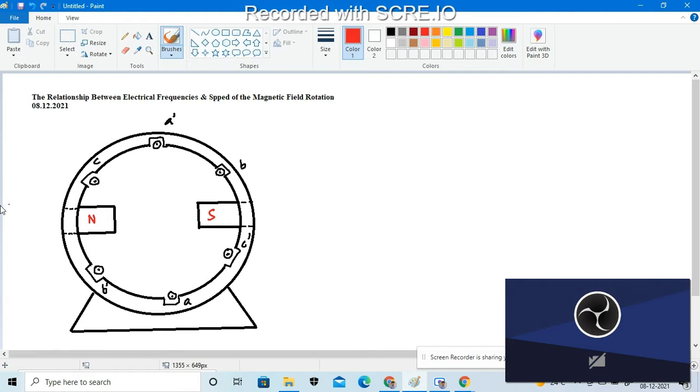If we are considering this segment as my stator, right? So if we represent the rotating magnetic field in the stator, it can be represented as a north pole and a south pole. The north pole means where the flux will leave the stator, so this will be leaving from the stator segment. Okay, and we are also considering the south pole over here. South pole means where the flux will enter the stator.